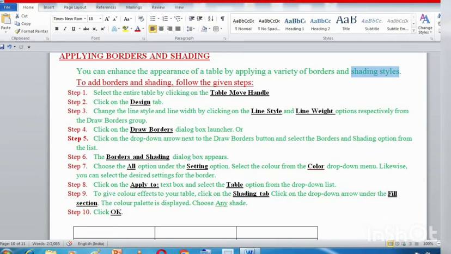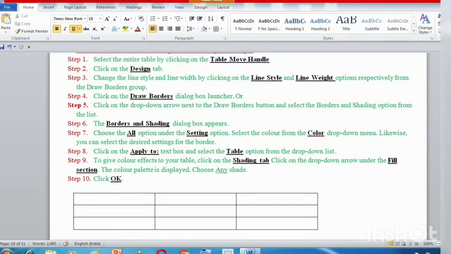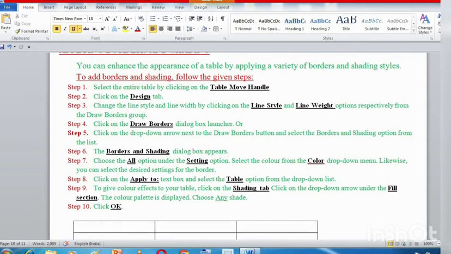For example, this is a very simple looking table. Now if I want to change the color, the thickness or the design of this black border, then I will use the option Borders and Shading.